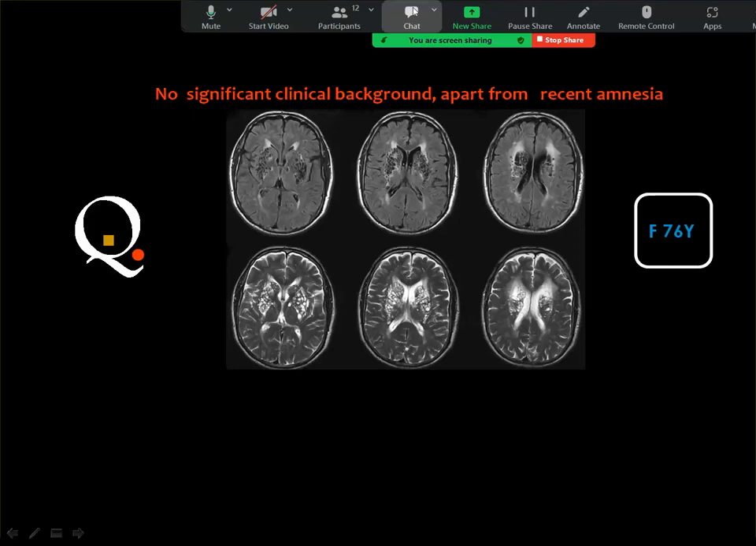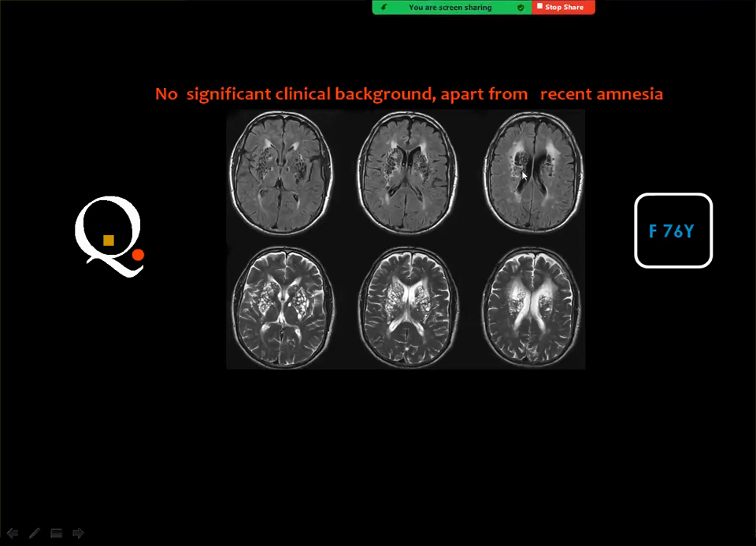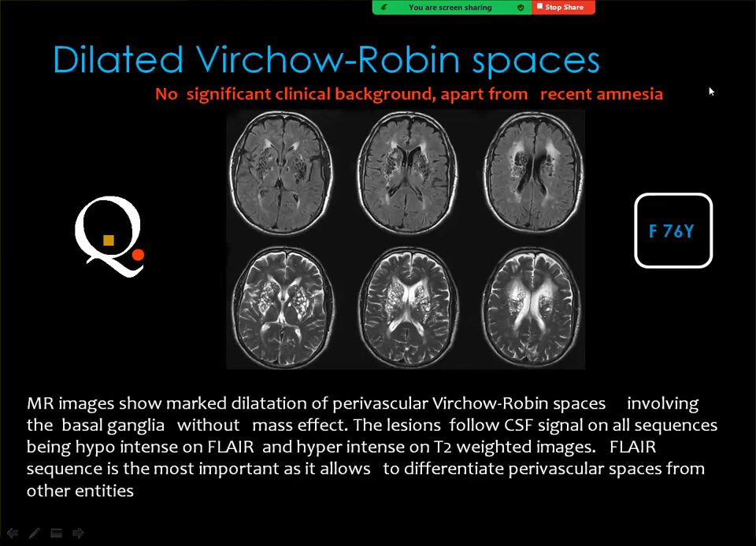Okay, in this FLAIR and the T2 weighted images, you can see many cystic lesions, particularly in the basal ganglia. And these lesions are exactly of CSF signal in the FLAIR and T2 weighted images. And this is diagnostic of